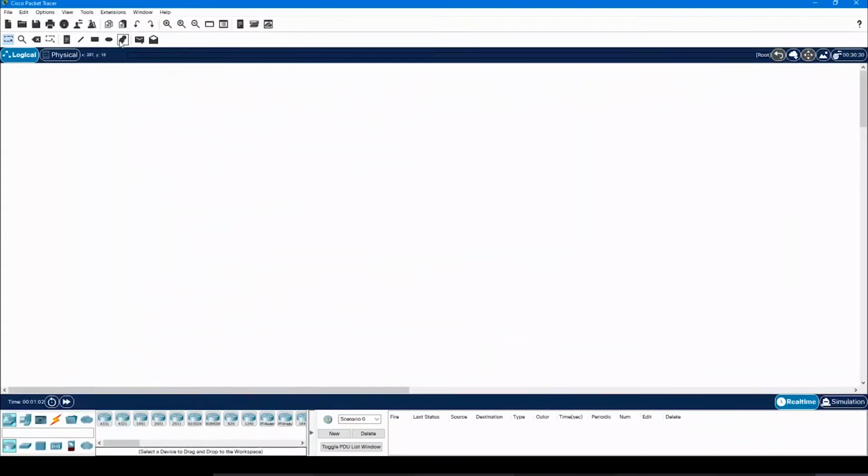Once you log in, you will see a screen something like this. This is your logical workspace. The white part you see on the screen is your logical workspace. And after that, you see,